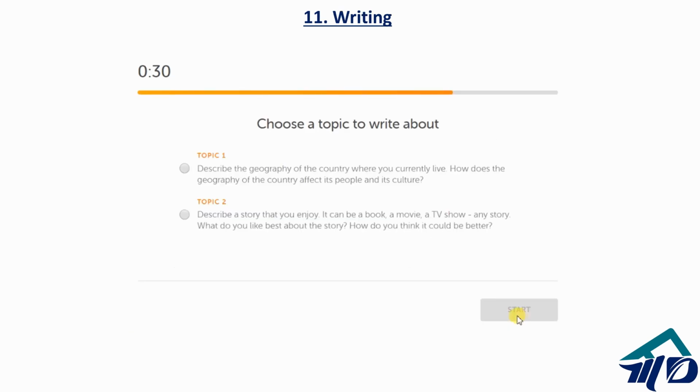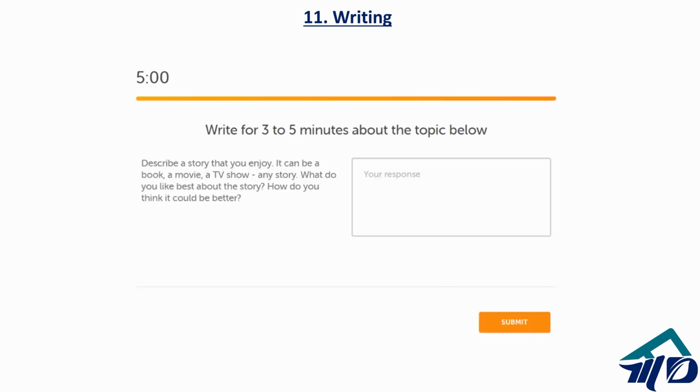Again you will get 30 seconds to select your topic, and once you have selected, then you have to write on it for at least 3 minutes. Okay, how much time would you be getting? 5 minutes. So let's say you say I would be writing for just 3 minutes only. So to write for 3 minutes you actually have how much time? 5 minutes. I think it is very easy.